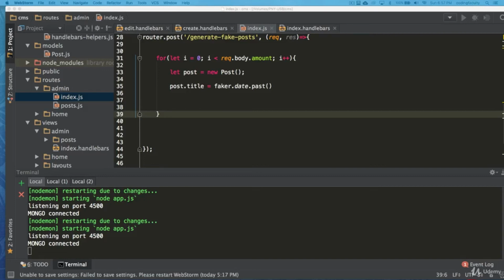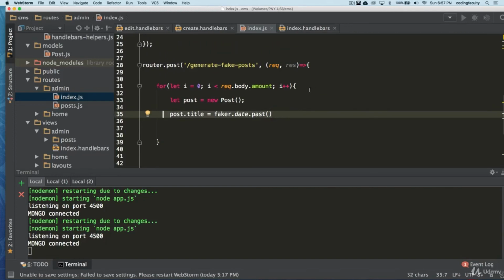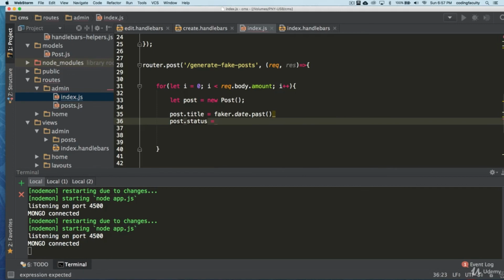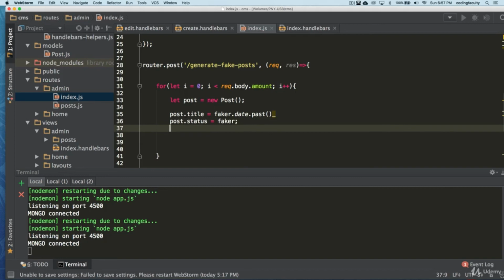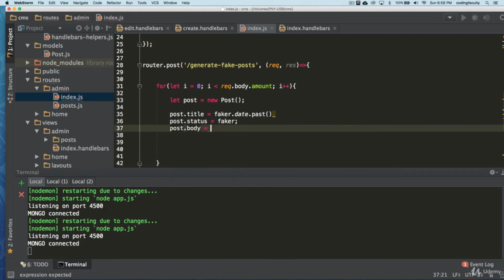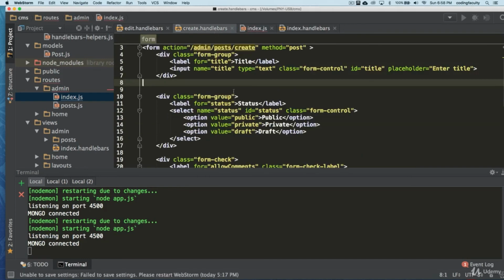On the last lecture I told you to go ahead and try to see if you were able to do this. If you did not do it, that's okay. We're going to do it on this lecture. We're going to finish it off. So we know that we need the post title status, and I'm just going to put this placeholder there for now. I just want to make sure that we got the right fields here. So we have the body. What else do we need? Let's go back here. I always forget.